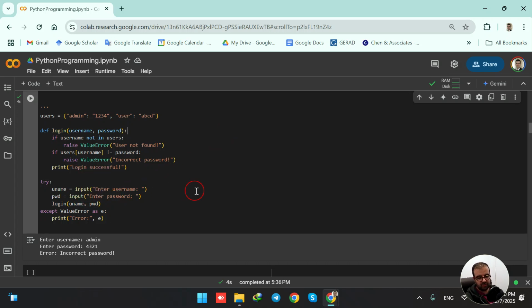Now we're entering a username and password. This time the username is correct, but the password is not correct. So the username is correct, so we are not going to throw an exception here because the username that the user entered is indeed inside this dictionary. So this part of the code is not going to be executed. However, the password is not correct. Because the password is not correct, we are going to throw an exception incorrect password, and this exception is caught here in the except block, and we are showing this error